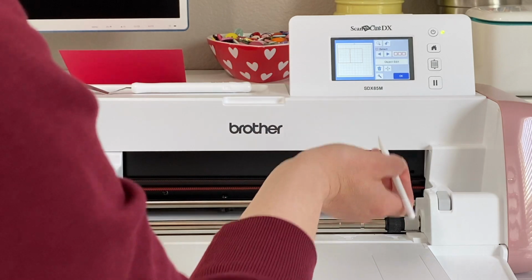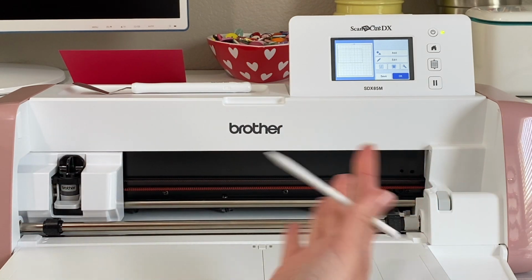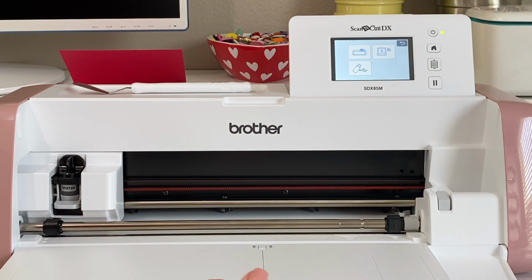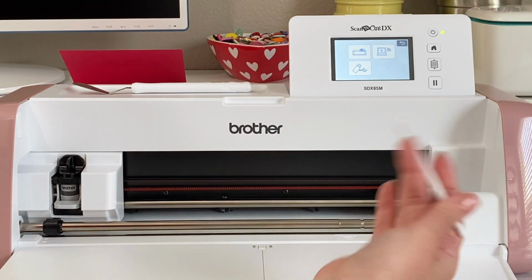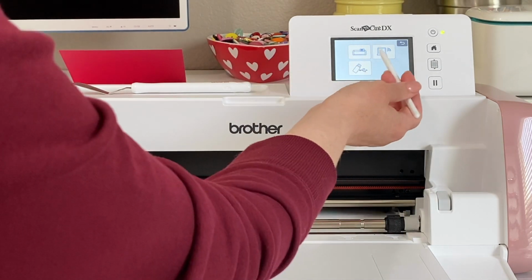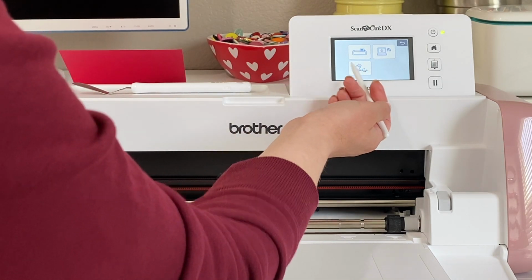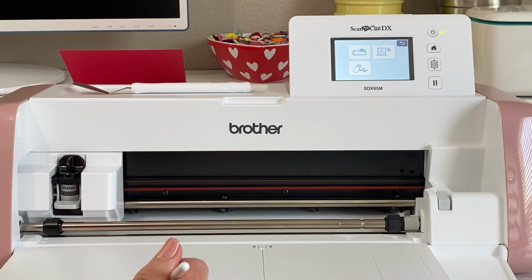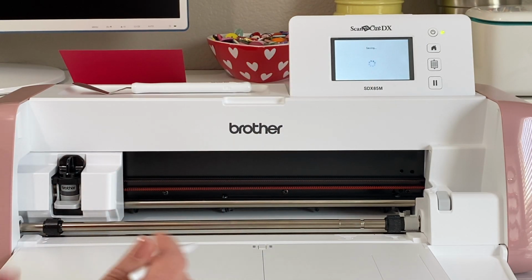Now, like I was saying, once you have this saved, you have it, so you don't have to reset this up. So it's important now to go ahead and save it. And you can save it to wherever you want, to your machine, which is handy because you're always going to be at your machine, to your computer using your wireless connection, or to USB, and you have your USB connection over on the side of your machine. So you can plug it in right there. Okay, so for now, I'll just save it to my machine and